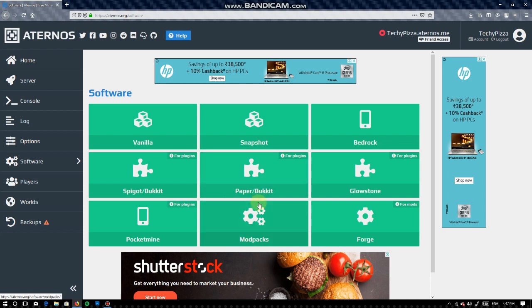Mod packs allows you to install mods in your server, and forge is also for mods. So we have to do paper/bukkit because it is more optimized than the other two, and it has more plugins than the other two. So click on that,